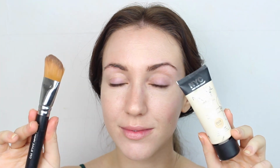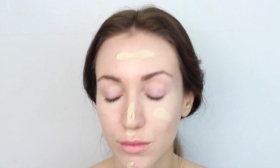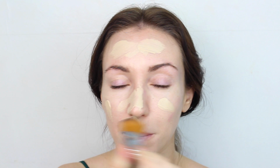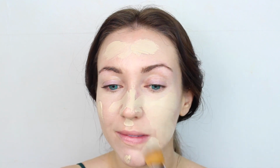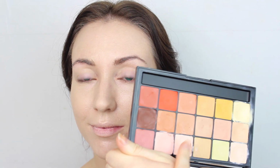Hey everyone, for Maleficent's pale look I'm taking NYX in 001 Ivory and I'm just placing this across the face. It does go on quite thick, but the coverage when it's finished isn't as full as I would like it to be for this. So I'm just blending this across and then using my fingers to smooth out any lines from the brush. And then taking this light colour from the Nyx Media Pro Palette and just highlighting the areas